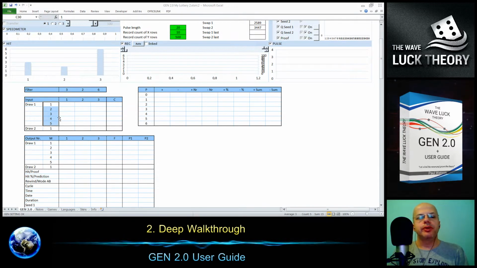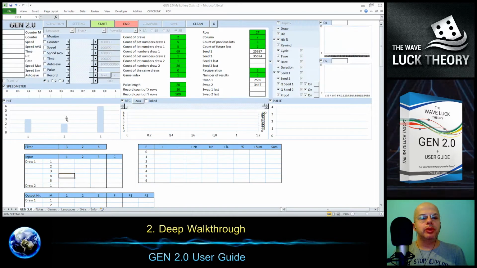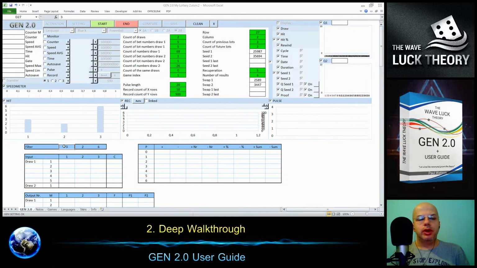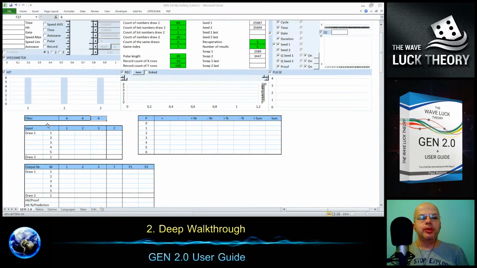So we can have at least, or at maximum, 6 matches. So we can put to the filter number 6, 6 and 6, and now the filter is very tough. It means that it will print only results which will have 6 matches for all this history, for all 3 days.